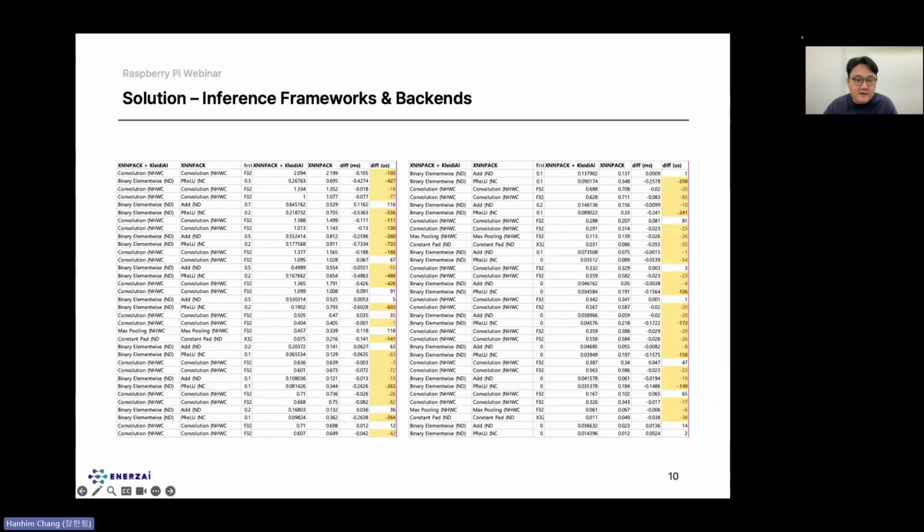So for this webinar, I've attached some benchmark results, which we've derived to see how KleidiAI integration impacts XNNPACK performance on ARM. For this, we enabled KleidiAI on the most recent XNNPACK version and benchmarked against previous XNNPACK version. So the cells highlighted here in yellow are other layers which XNNPACK plus KleidiAI outperformed the pure XNNPACK version, which, as you can see, applies to most of the layers. So given that Raspberry Pi CPUs are based on ARM64 CPUs, we could say it's worth enabling KleidiAI once you stick with XNNPACK backend for your AI deployment on Raspberry Pi.